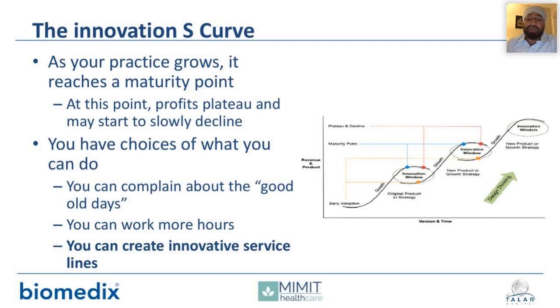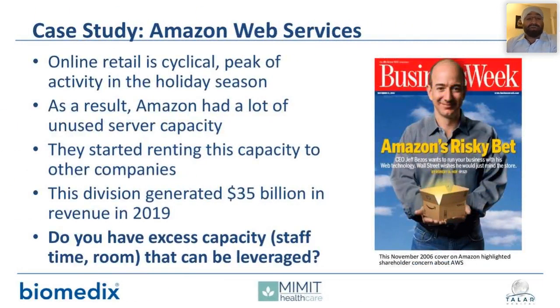As you make one turn, and I tell my team this, as an organization grows, as our practice is growing and we get maturity, so you're an infant, you become an adolescent and then an adult, at some point things plateau, certain people fall off, some people decide not to get innovative and then they will complain about the old days, etc. But once you start to get this, and this is happening in healthcare, it may not be a new fancy product, but really a solution around the patient to solve their problems. And today when you look at it,